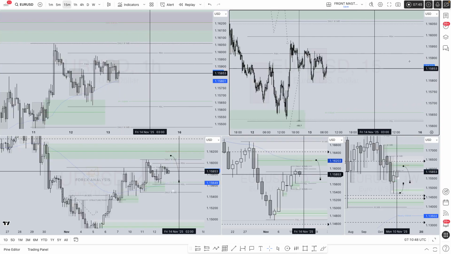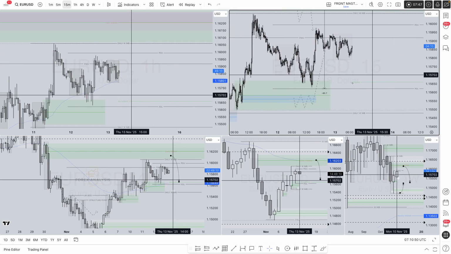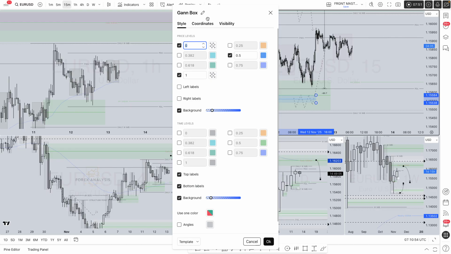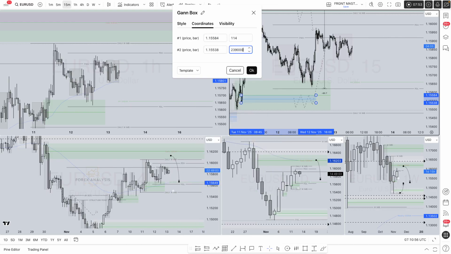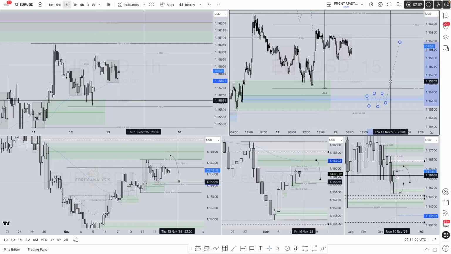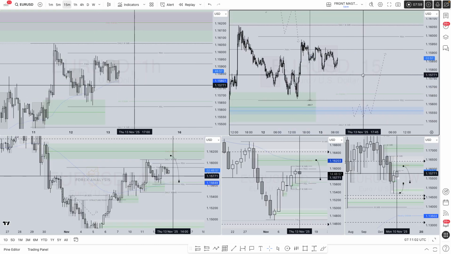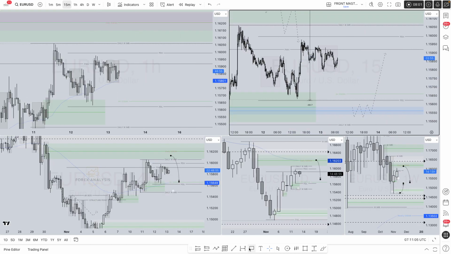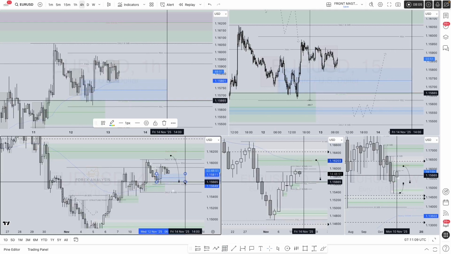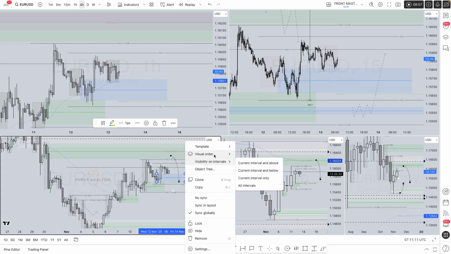Let's see what we got on the 15-minute time frame. Perfect. Absolutely perfect. Brilliant. So let's move that across. Brilliant. So I hope you can understand now why, for example, I'm not going to use this order block there on the 4-hour.